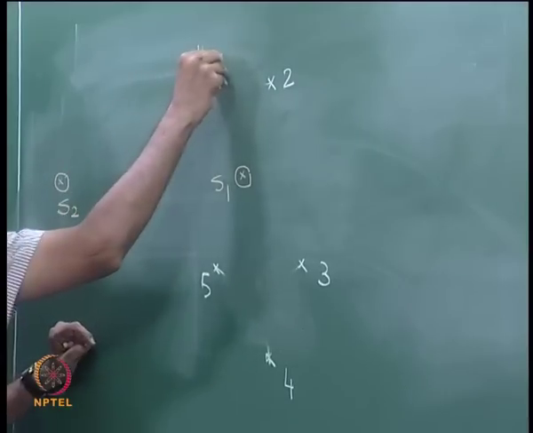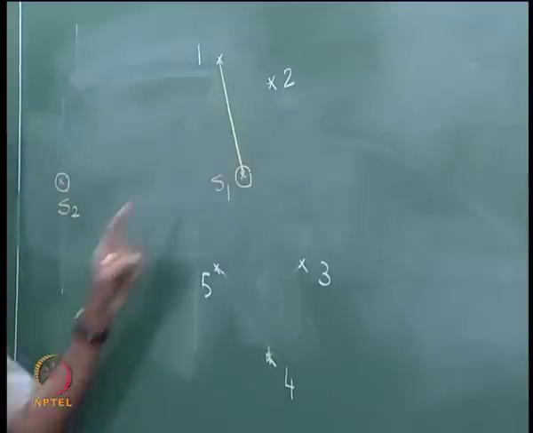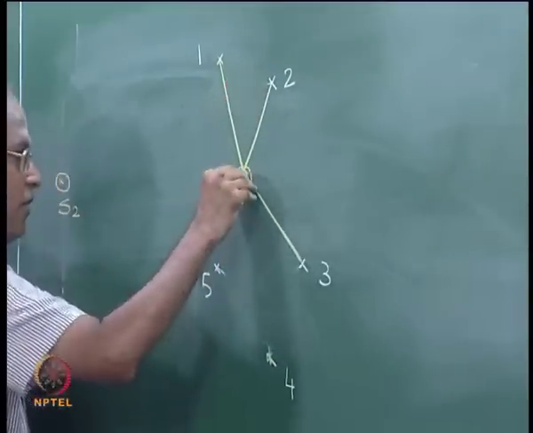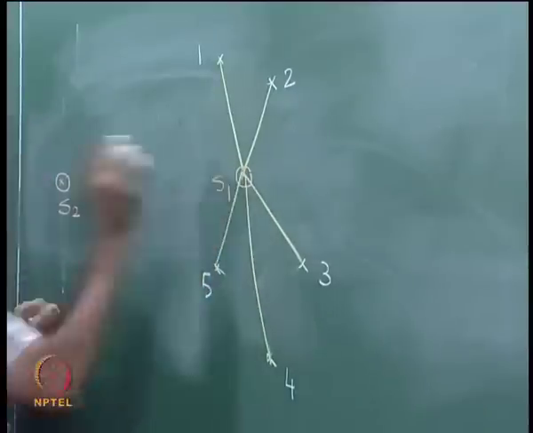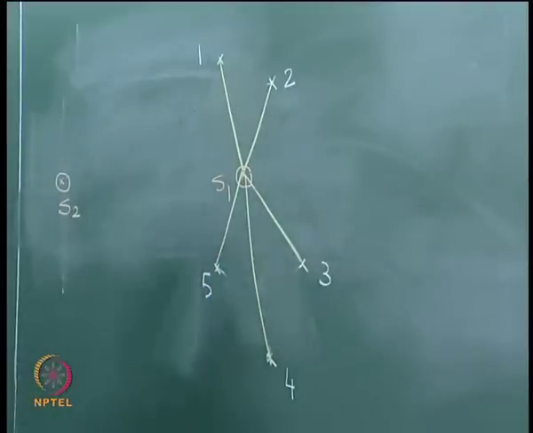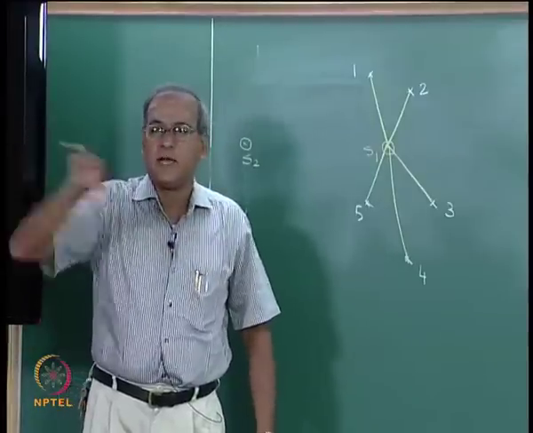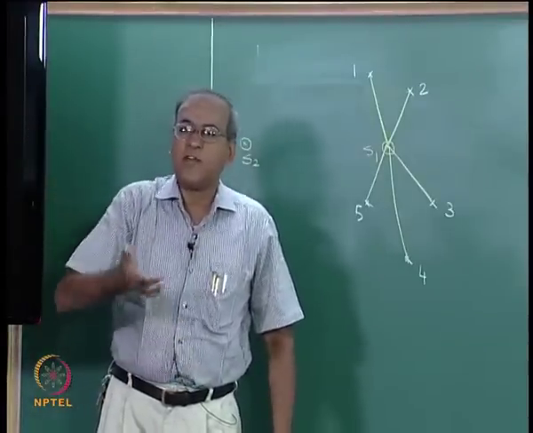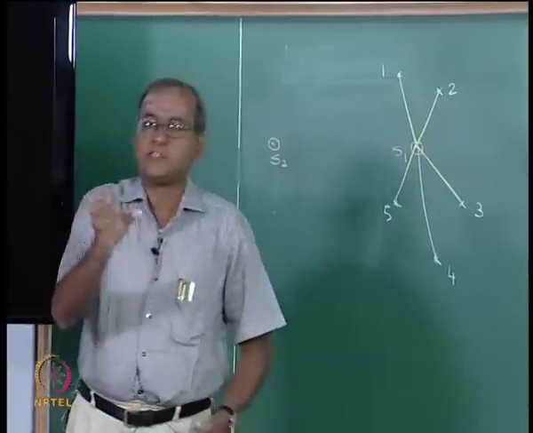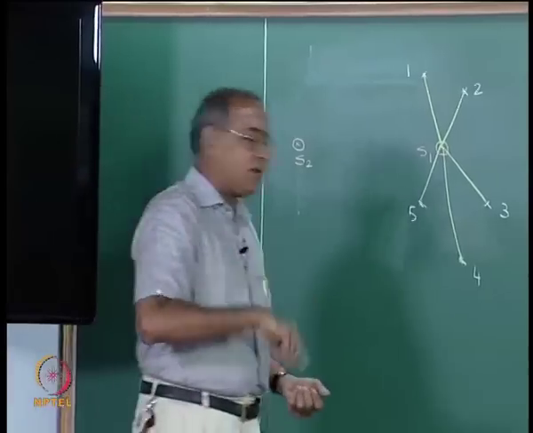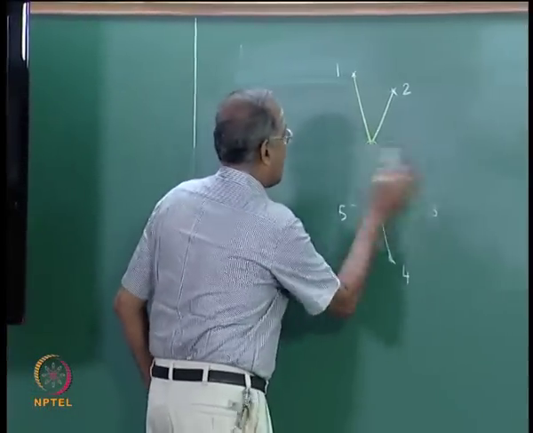Now, 1 will again be attached to this one because this is nearer, 2 again will go to this, 3 again will go to this, 4 will go to this and 5 will go to this. So, one seed point would attract all the 5, the other will not be able to attract anything. So, the groups will not be 1, 2, 3, 4, 5, but it will be 1, 2, 3, 4, 5 and blank. So, we have to make sure that the seed points are well chosen, so that the solution is good. Now, one of the ways of doing that is by not keeping